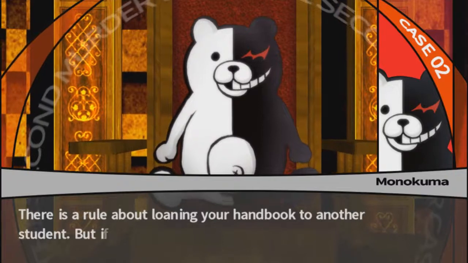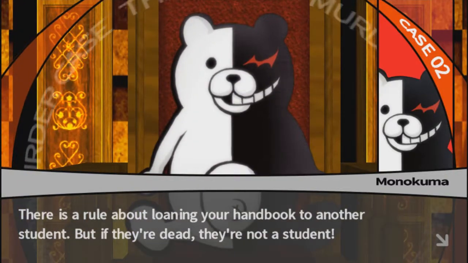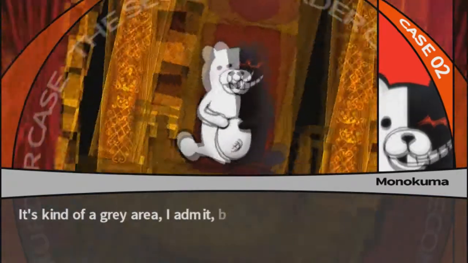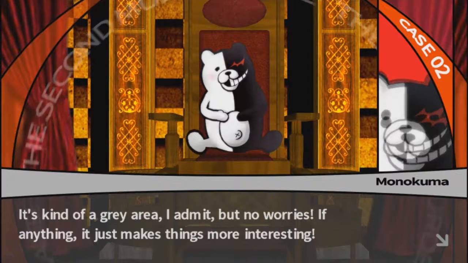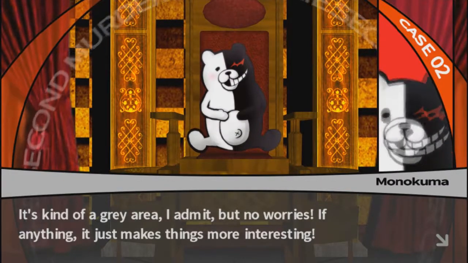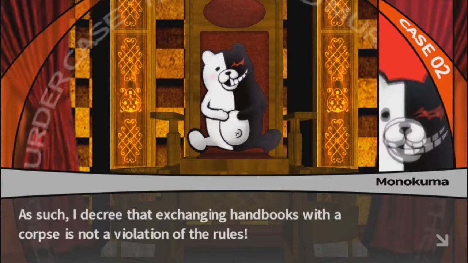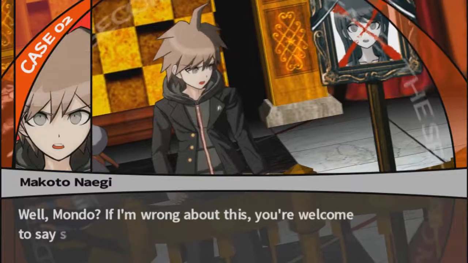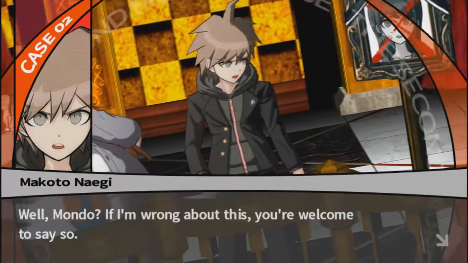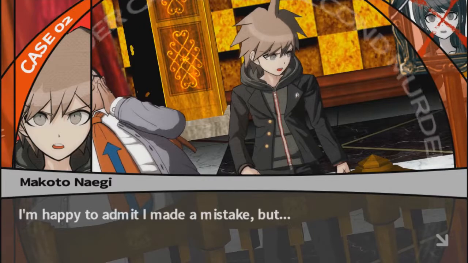There is a rule about loaning your handbook to another student, but if they're dead, they're not a student. It's kind of a gray area, I admit. But no worries. If anything, it just makes things more interesting. As such, I decree that exchanging handbooks with a corpse is not a violation of the rules. Well, Mondo, if I'm wrong about this, you're welcome to say so. I'm happy to admit I made a mistake, but...